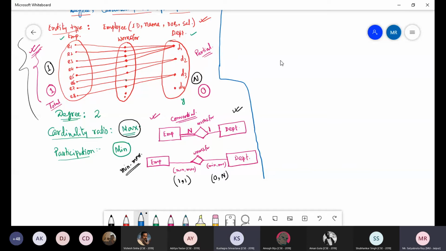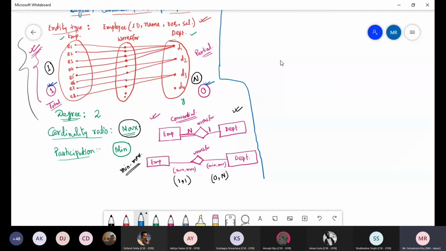Sir, it is defined that total participation will be equal to 1 and partial will be equal to 0. No. To show total participation, the minimum value is 1, and to show partial participation, the minimum value is 0. Now this is all for your internal computation purpose.